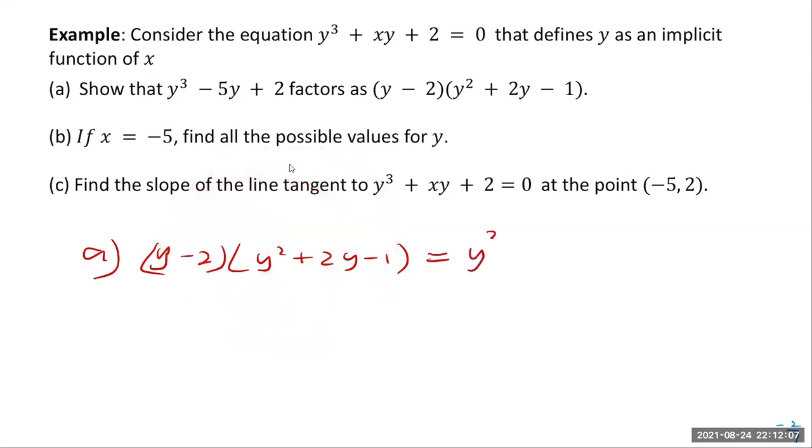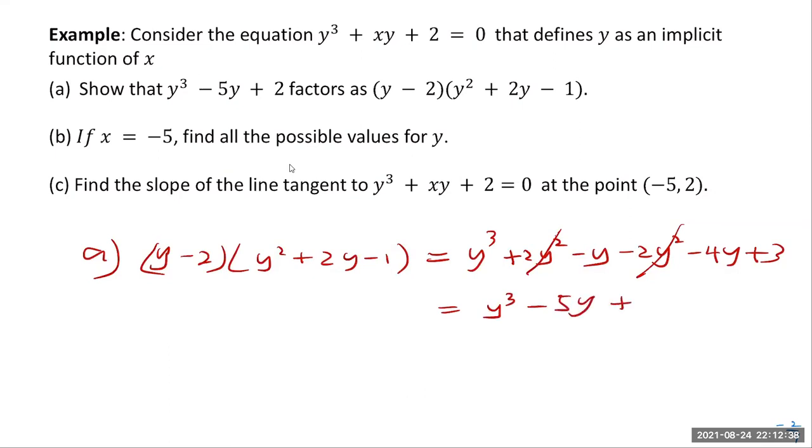You get y cubed plus 2y squared minus y minus 2y squared minus 4y plus 3. Notice that 2y squared minus 2y squared, they cancel. And here I can combine these two like terms, which is minus 5y. This is equal to y cubed minus 5y